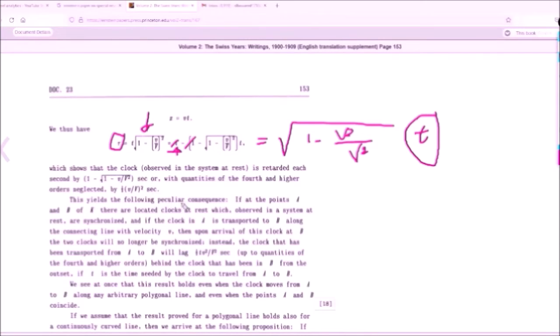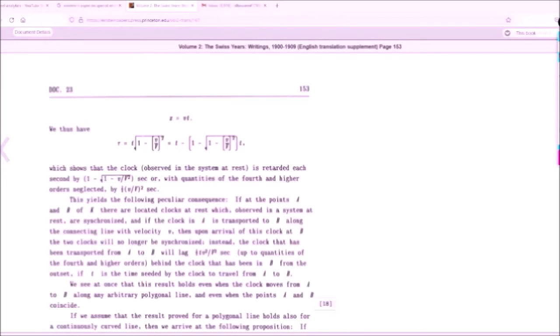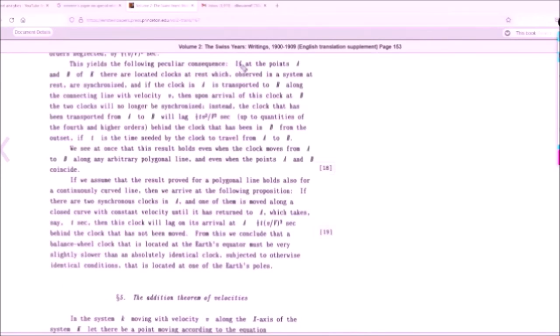This yields the following peculiar consequences. Of course, a lot of things done by Einstein have to be peculiar. If at points A and B of capital K there are located clocks at rest, which, observed in a system at rest, are synchronized, and if the clock in A is transported to B along the connecting line with velocity v,